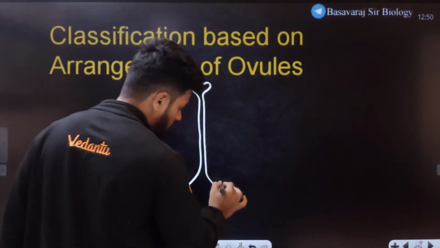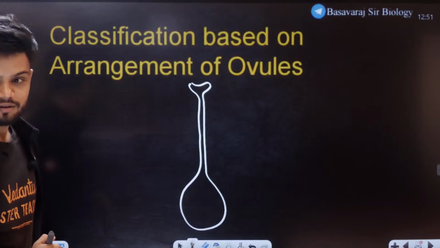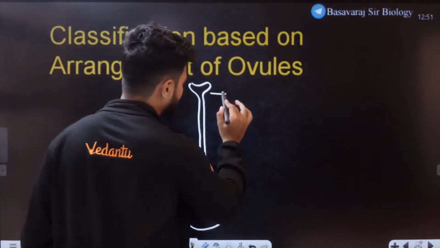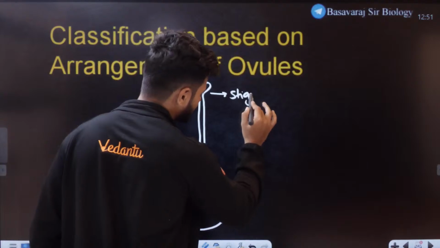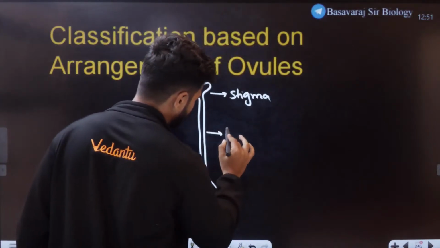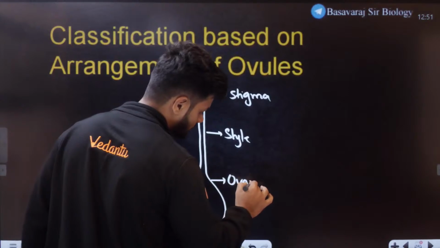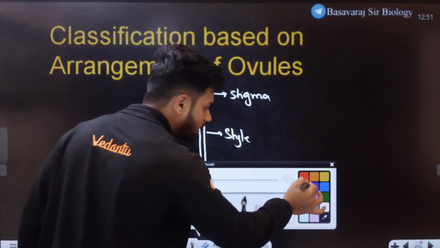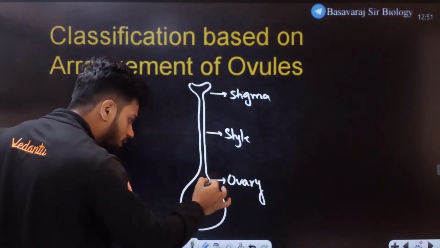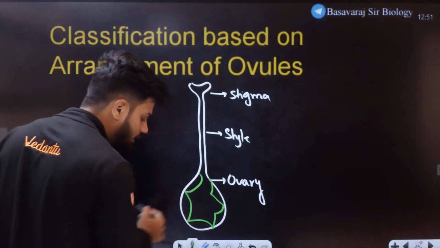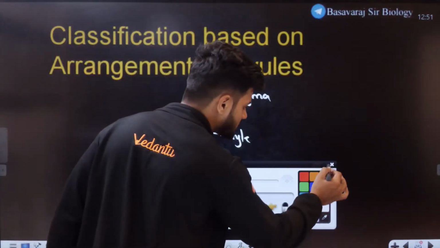Let's say this. Now you tell me who is doing the diagram now. This is the stigma. This is the style. And this is the ovary. Now in this ovary, students, there will be a structure like this on the inside that is called as